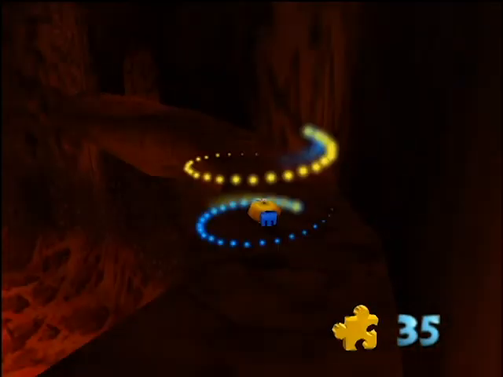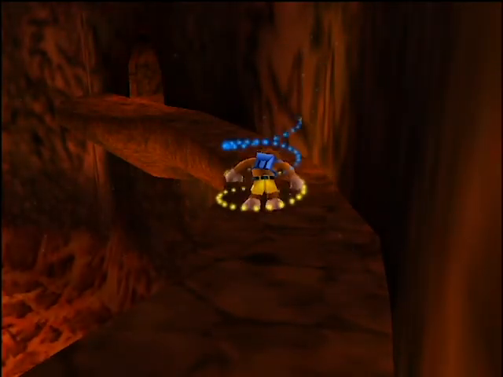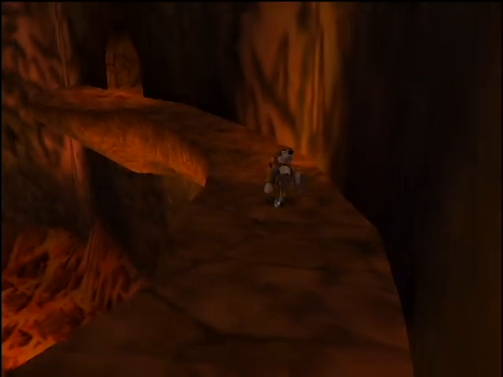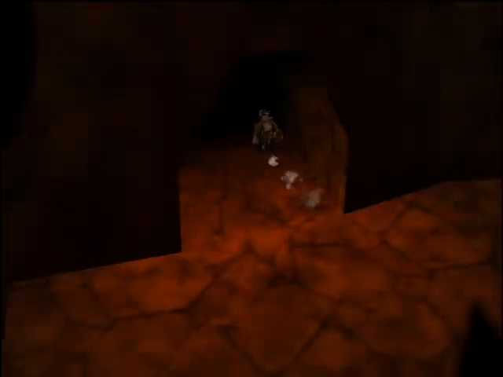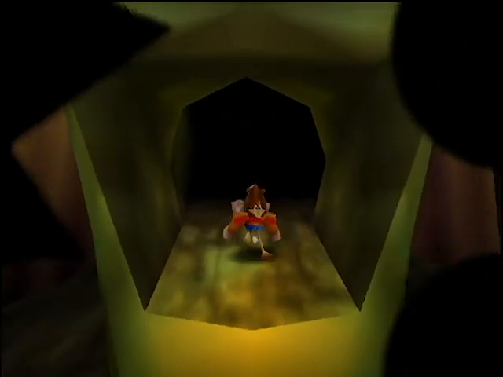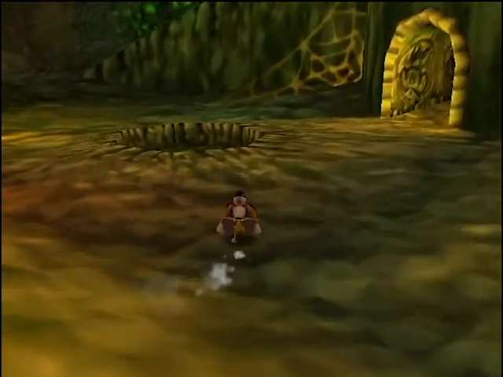So, what we're going to be doing now is actually further exploring Gruntilda's lair, and getting a few more things out of the way before we head into the next level. And by God, am I going to enjoy the next level. Oh boy. Okay. Oh, we also need to get the Jiggy. Almost forgot about that. Okay, so...